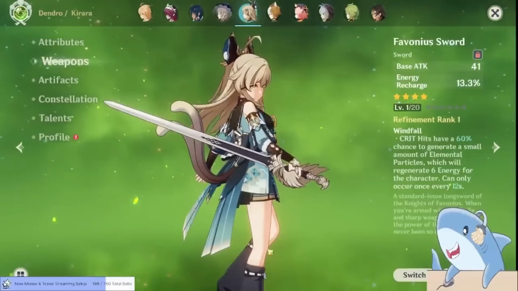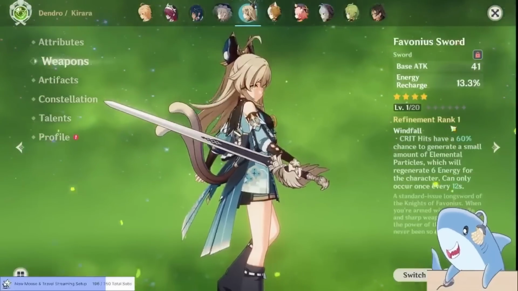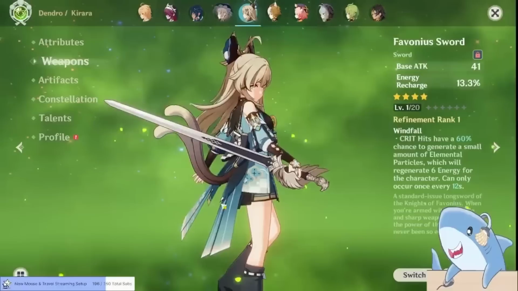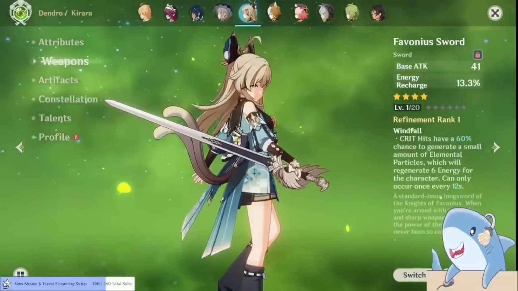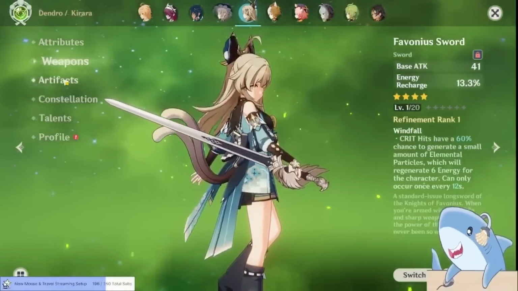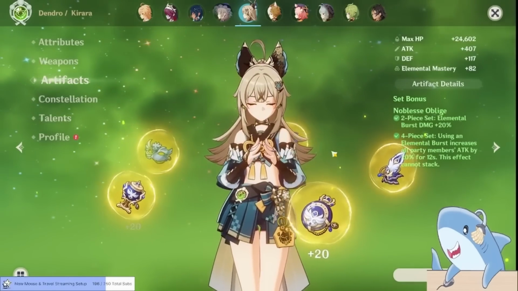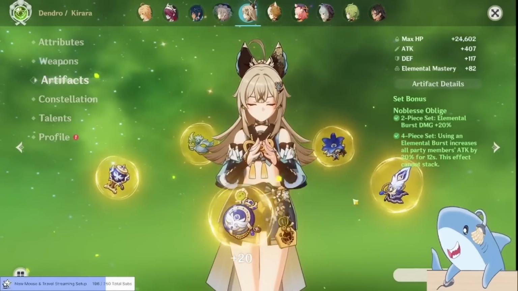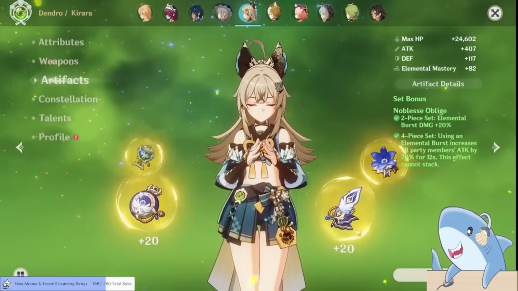I don't have the Sasageo sword that gives her extra HP percent, but this is still a very, very good weapon for her because it gives not only particles to her, which she doesn't really need, but it does give energy particles to other characters on the team, which could be very, very helpful. For artifacts, she's running a 4-piece Noblesse Oblige set. Just for the extra attack percent, I could have given her Deepwood, but I feel like these artifacts probably